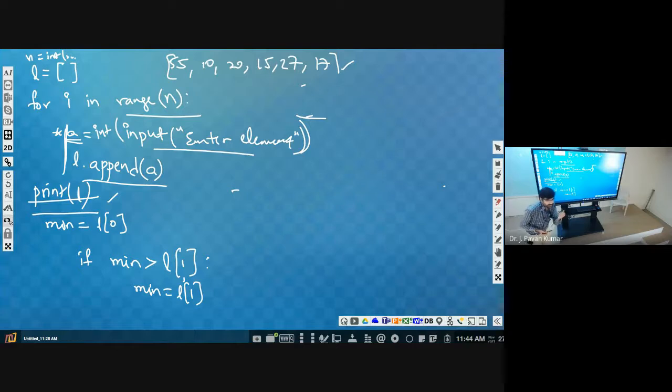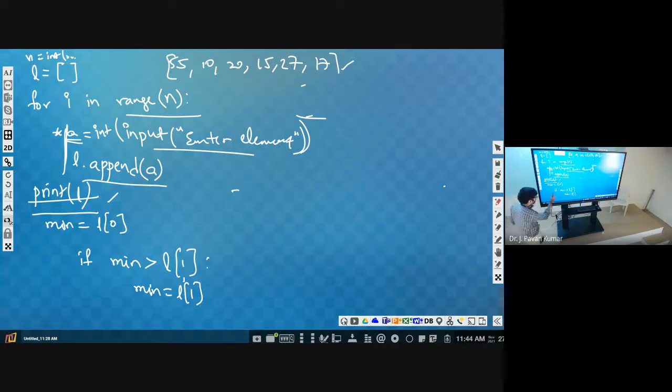What will be the last index? N minus 1. So up to n minus 1 we have to repeat. Starting from which index? We are comparing starting from the first index. Why? Because the 0th index we are assuming directly as minimum. So we need not compare. So starting from 1, we have to go up to n minus 1.